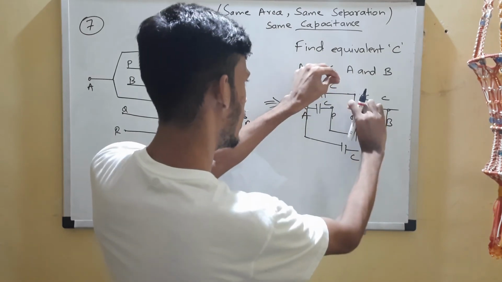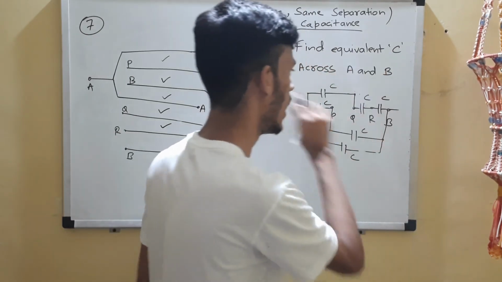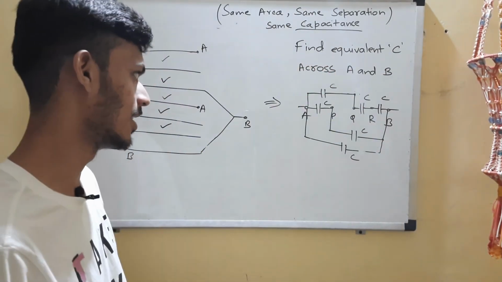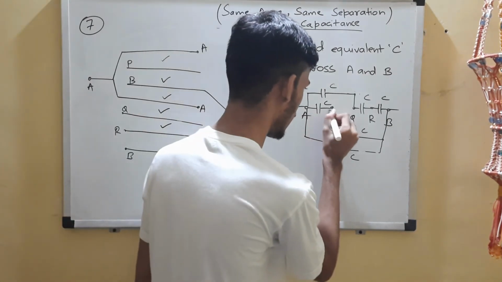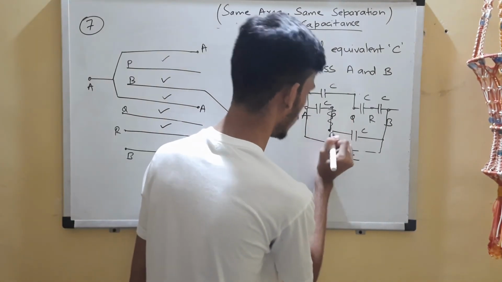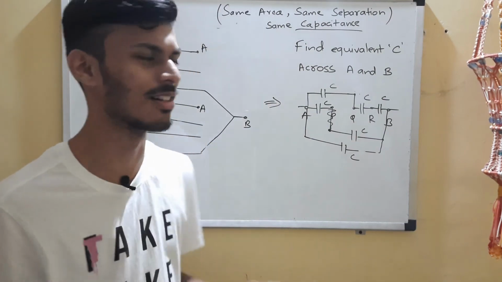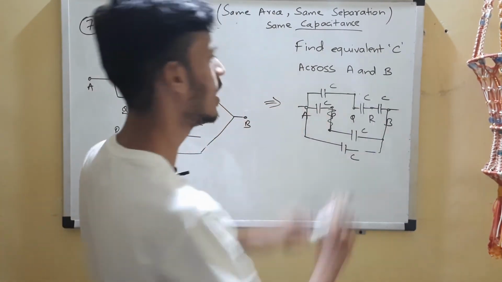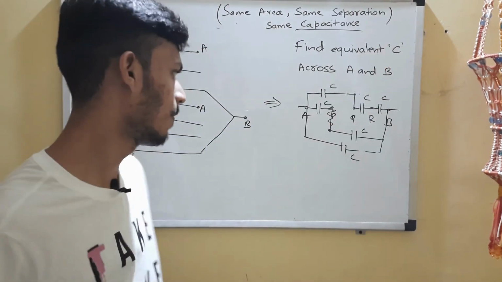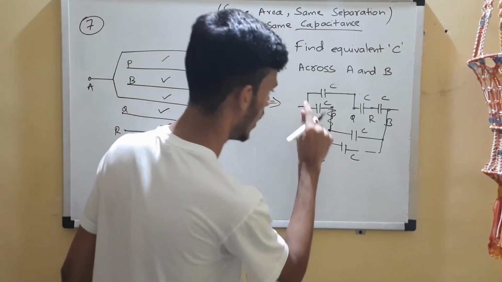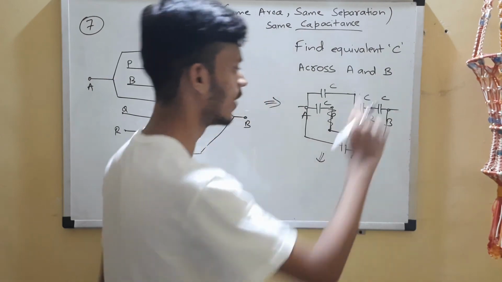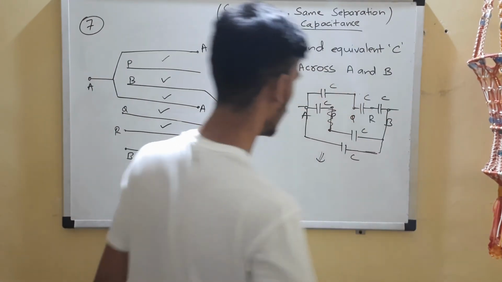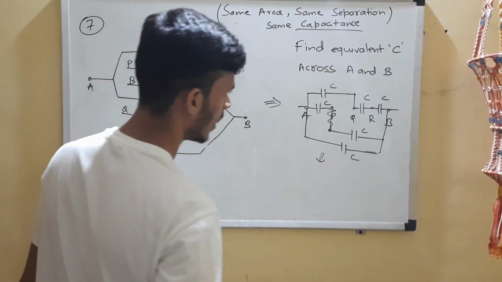You can just move this above, and you'll see that all three of them are in series. Similarly, you can remove the extra piece over here, because potential over here and here will be the same. It's the connecting wire, and you can see that A, P and B are in series. So I'm drawing it over here, and you can finally see that there is only one capacitor between A and B. So I'm simplifying it again over here.